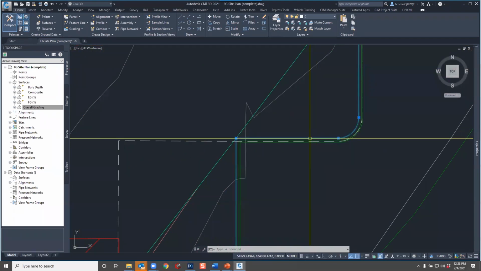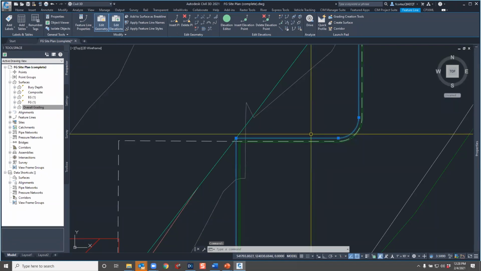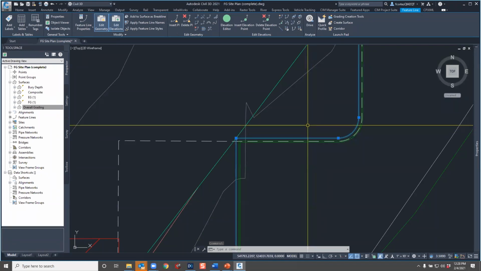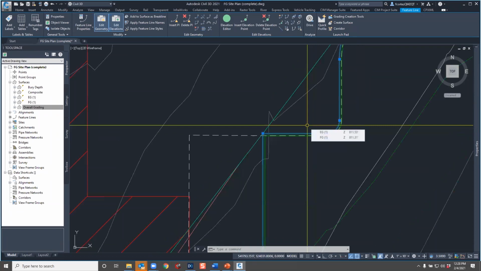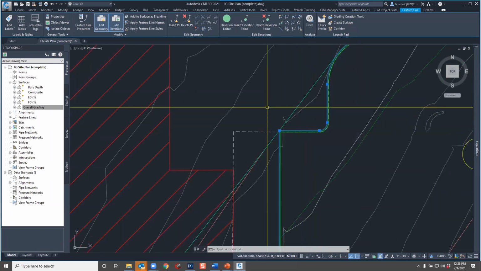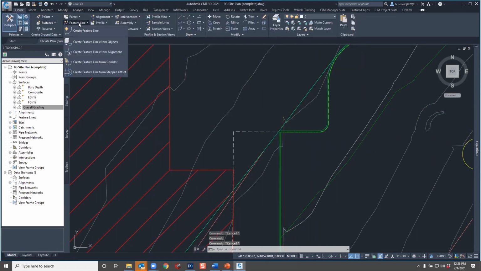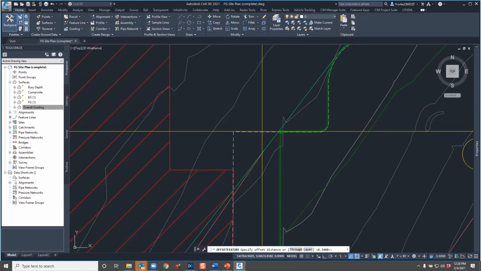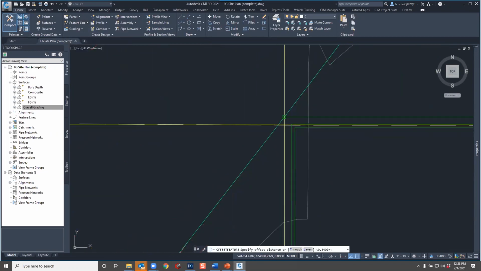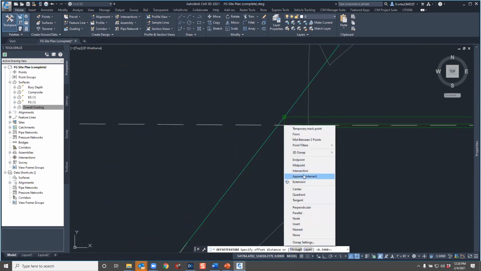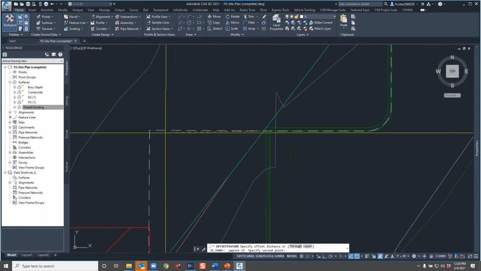It's actually creating just regular Civil 3D objects. It's just doing all those steps for us that we would normally do on our own. So if I still wanted to do a stepped offset of this feature line, I could go to Home, go to my feature line settings, do a stepped offset, and let's go ahead and go from parent intersection here,